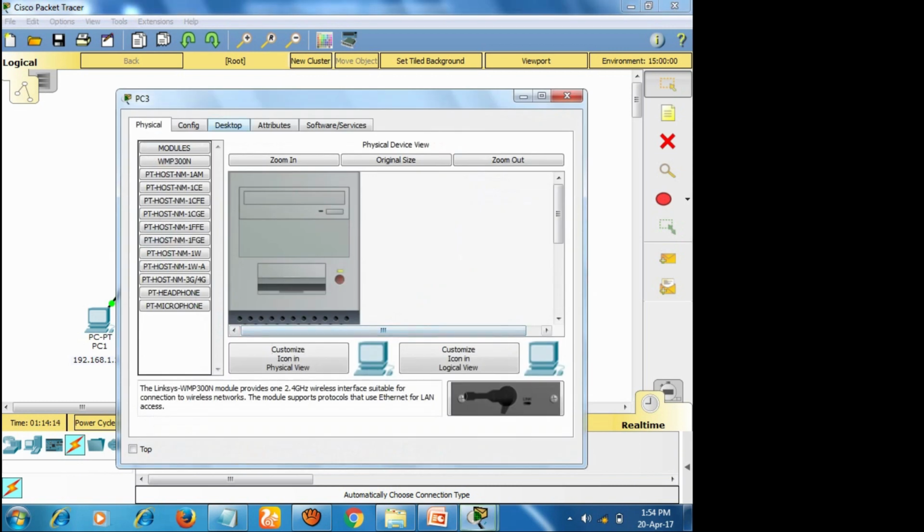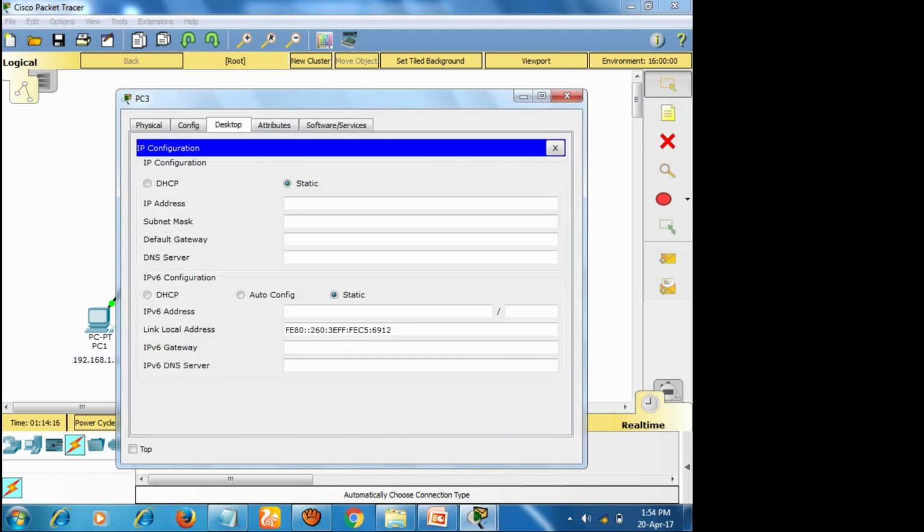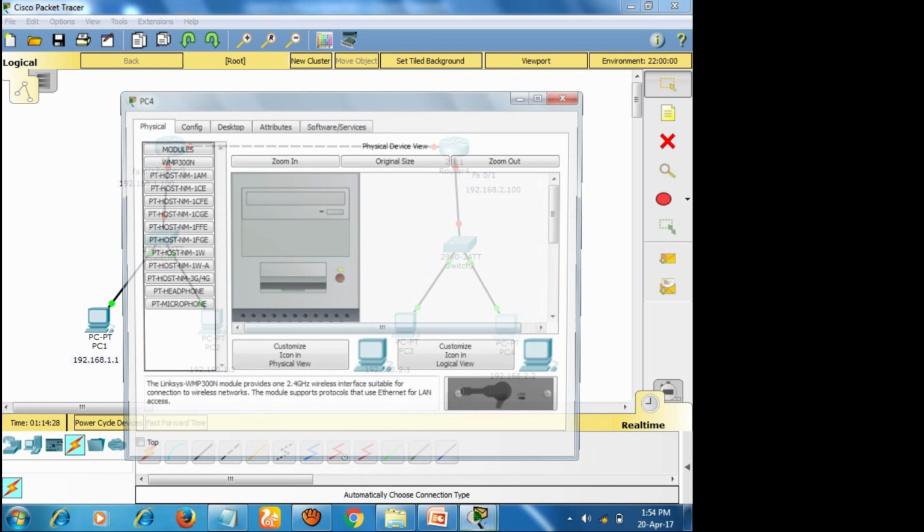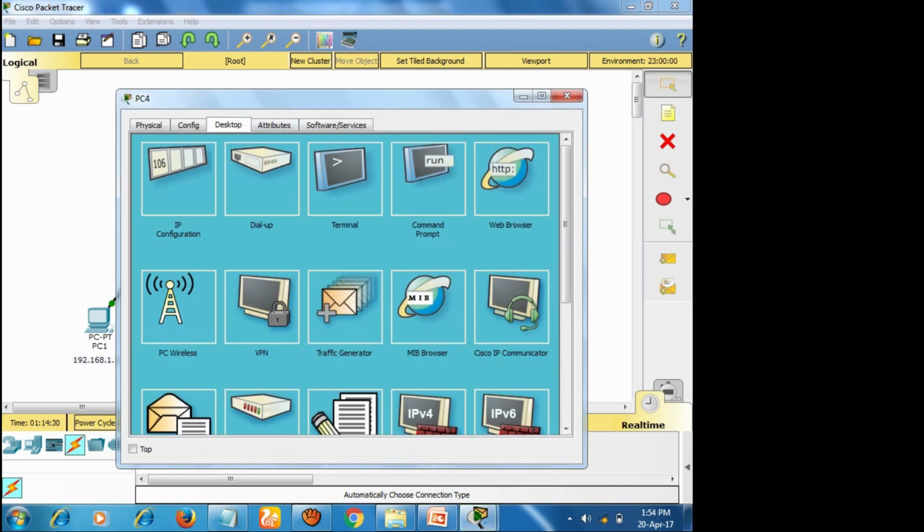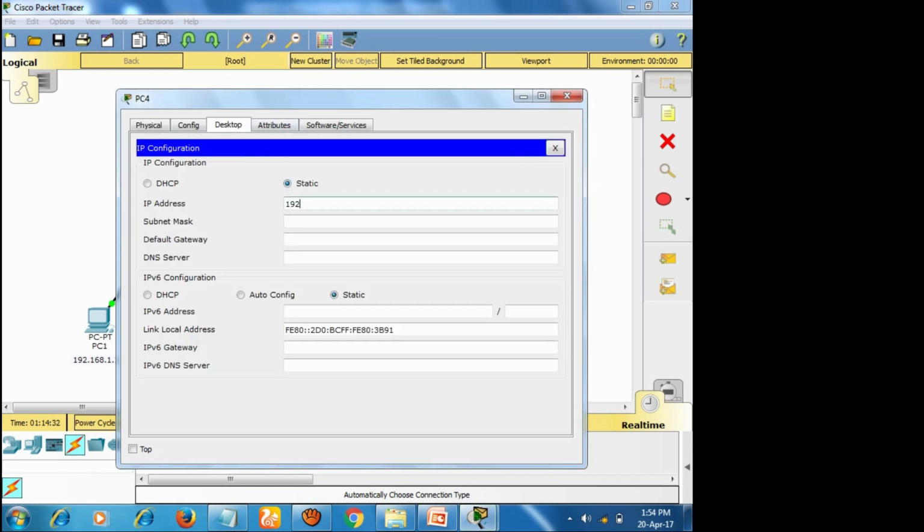So likewise, 192.168.2.1, and the default gateway is 2.100. And 192.168.2.2, 192.168.2.100, okay.